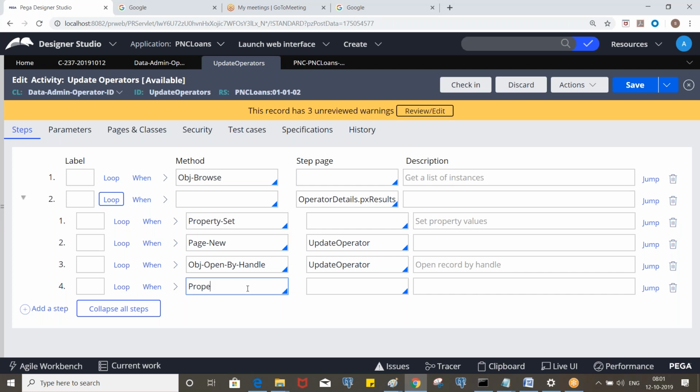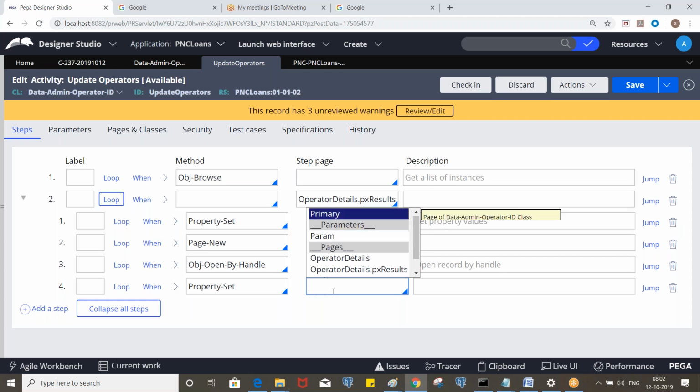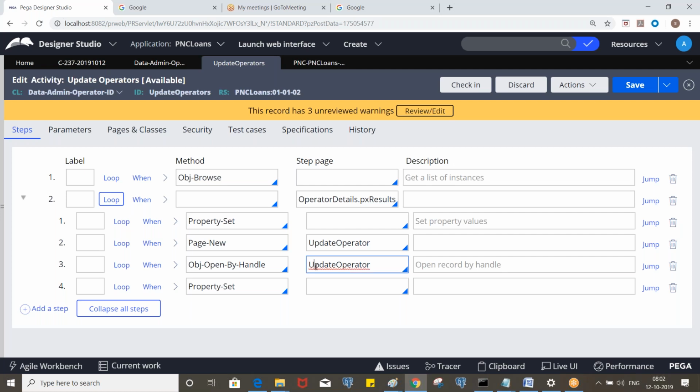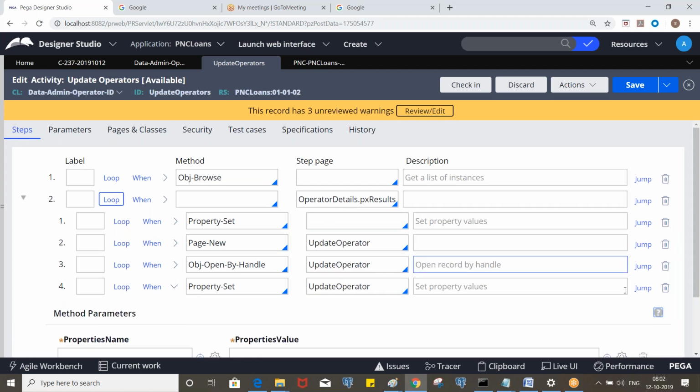Property-Set, right? If I ask what the method is to assign values to a property, you will tell. So it is not like that, right? On this page, you will have all the operator details. If the position is already available, then it will be replaced. If not, then it will be assigned, right? So we are updating on the same page.